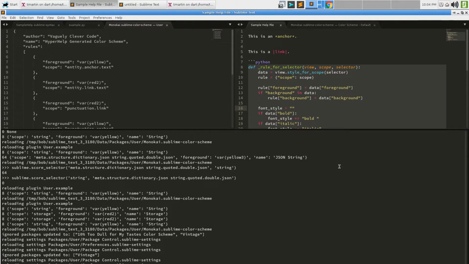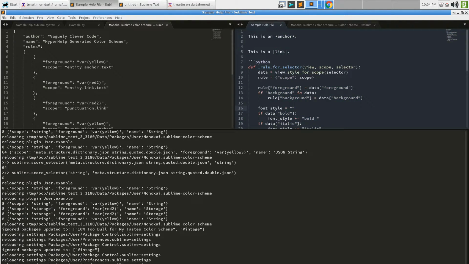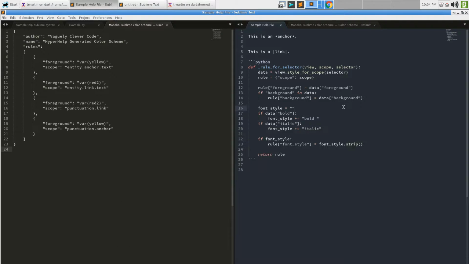Okay, so I'm going to go ahead and do that. Whoops, I'm going to actually put enter in here. And now things are different colors than they were. So, okay. Now, what happens?